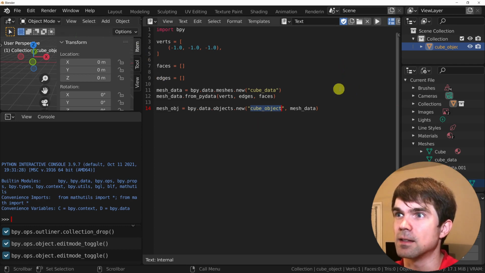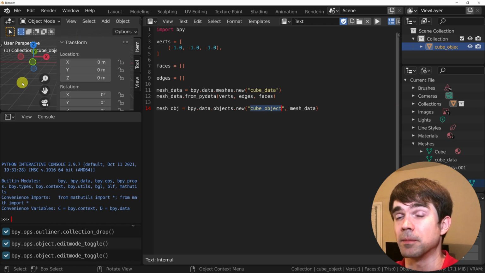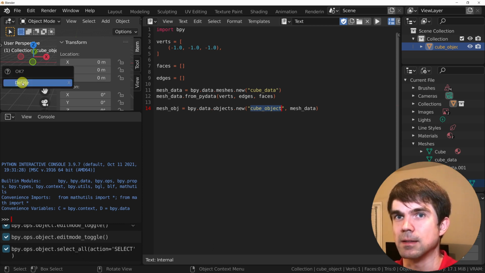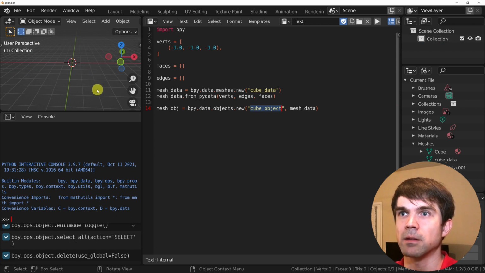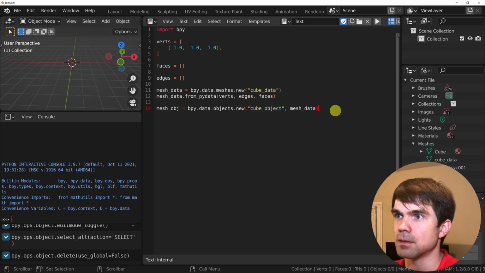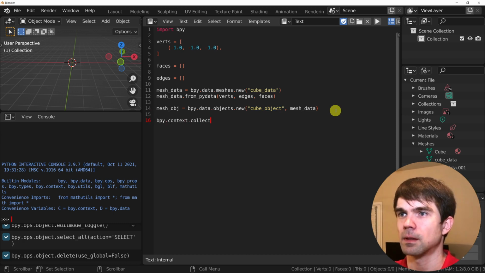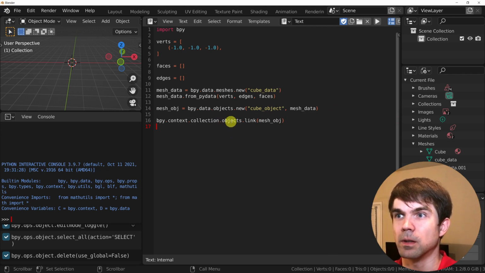Let's fix that. Let's, at the very end of this script, add this new object to this collection. So I'm going to go and delete everything in the 3D viewport by pressing A, X, delete. I'm going to hit N to hide this panel. And let's write the final line. All right, so we're linking to this collection our object by using the variable right here that we got right after creating our new object.